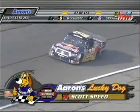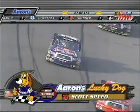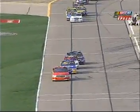Aaron's lucky dog. You know you can rent lawnmowers at Aaron's too. Aaron's lucky dog goes to Scott Speed in the 22, so he gets his lap back. Well, could this be flashes of what took place yesterday? You're going to have to find out. Watch the ARCA REMAX Series race later after the Truck Series race to find out how Scott Speed was able